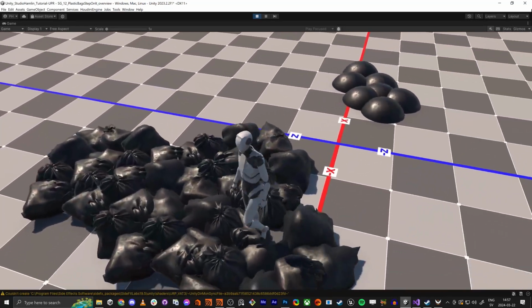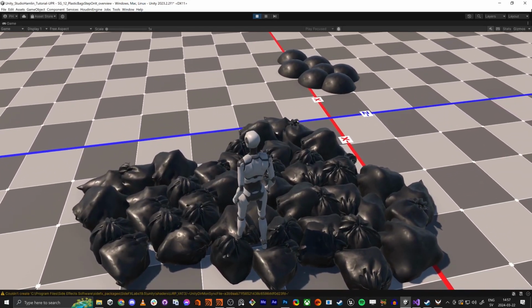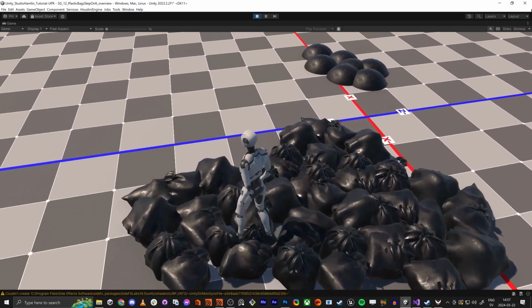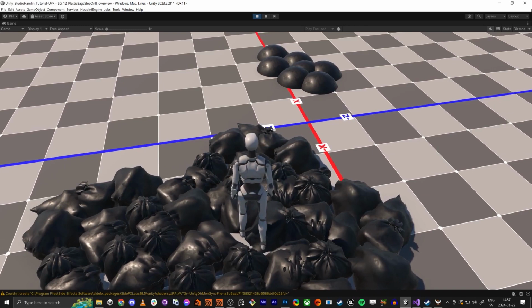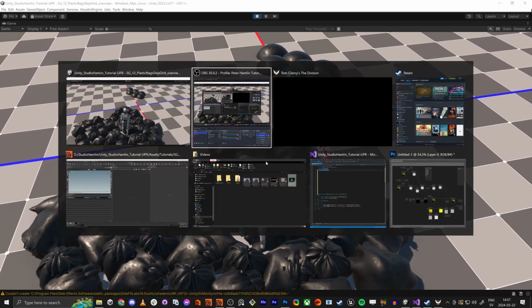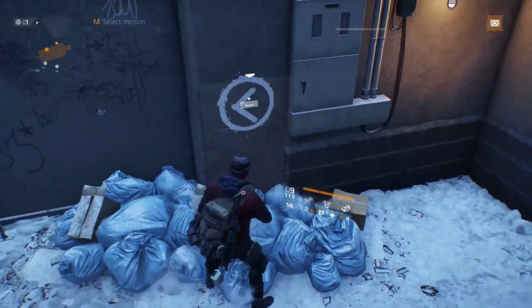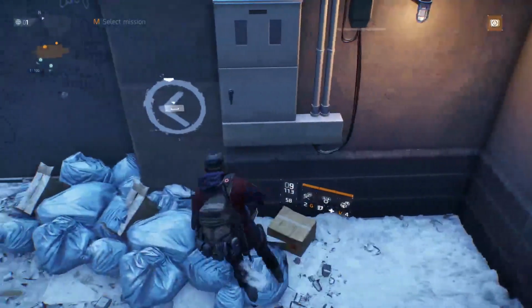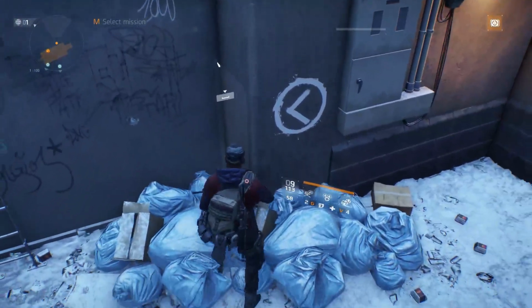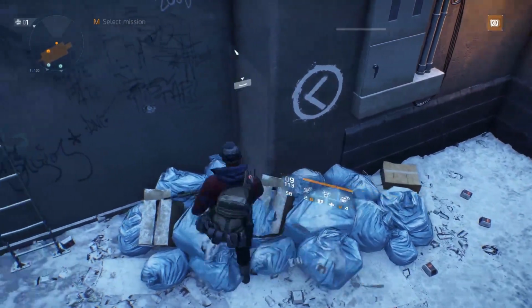In the first part we're actually going to set up everything, and in the second part we're going to do the actual vertex offset. I'm inspired by The Division, if you ever played it, and they have these plastic bags here. If you walk on them, they are interactive. And I noticed that they seem to have just one point in the center that interacts